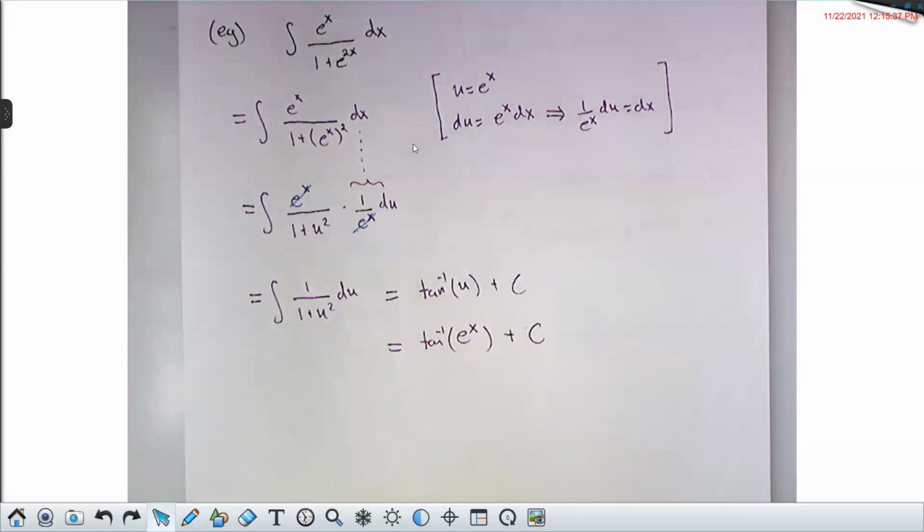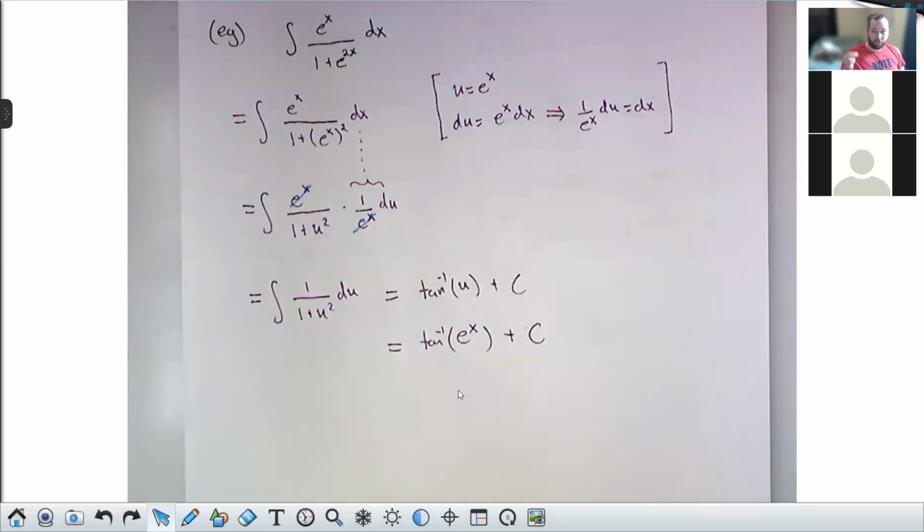All right, this has been your introduction to u substitution. Probably the single most important method you're going to learn for integration, certainly the most important one you're going to learn in Calc 1. In Calc 2, I will teach you integration by parts, trig sub, partial fractions, all sorts of good stuff. But here, this is the most sophisticated method we're going to learn in Calc 1 for finding antiderivatives, for evaluating integrals. Next time, I will show you how to do this with definite integrals, which is mostly the same, but a little different.